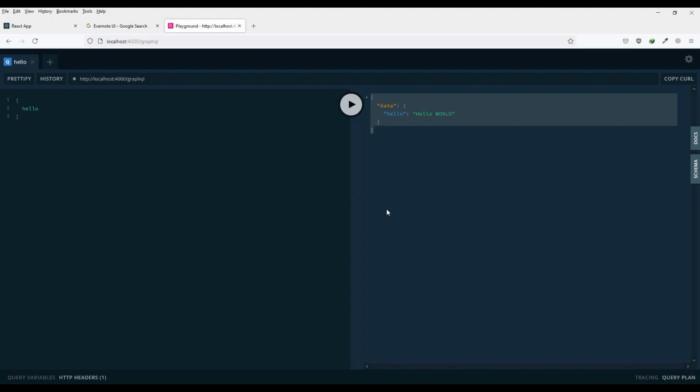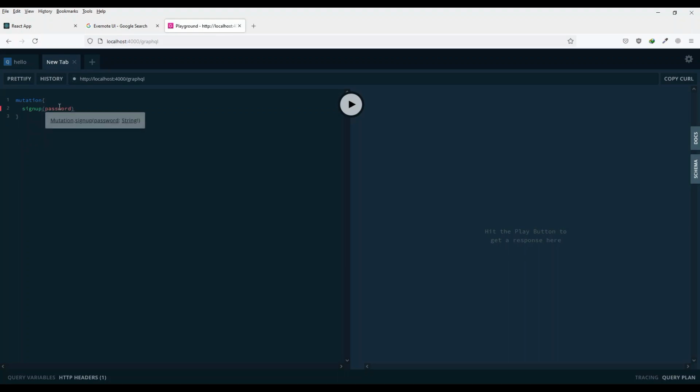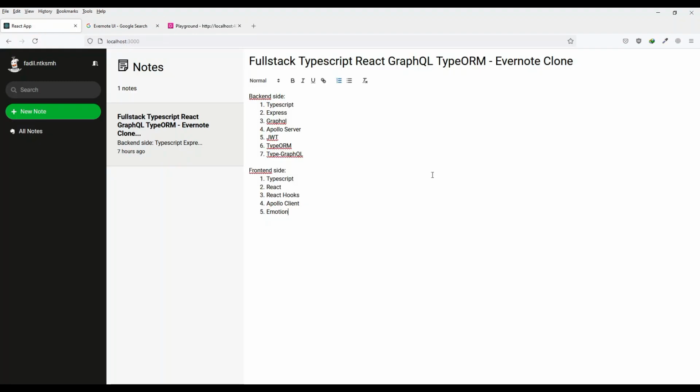Okay. Let's open the browser and open the playground. Sign up. Here's the password query, and then there is an email, Gmail. Okay, and then return true. Okay, sign up true, and